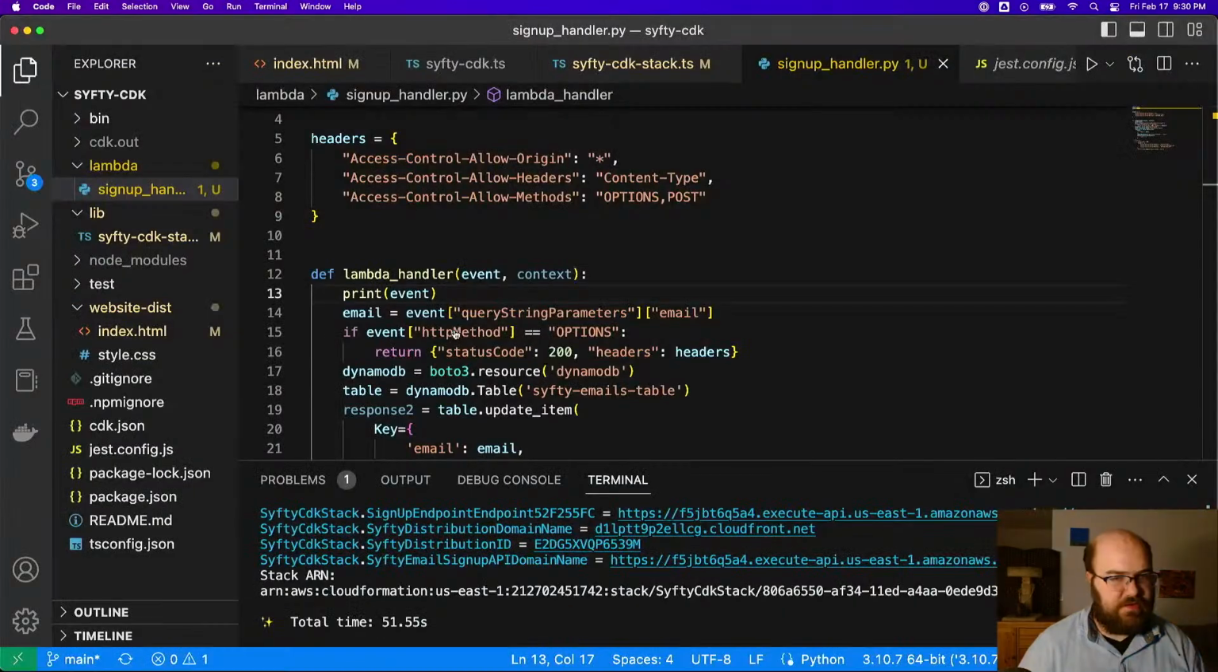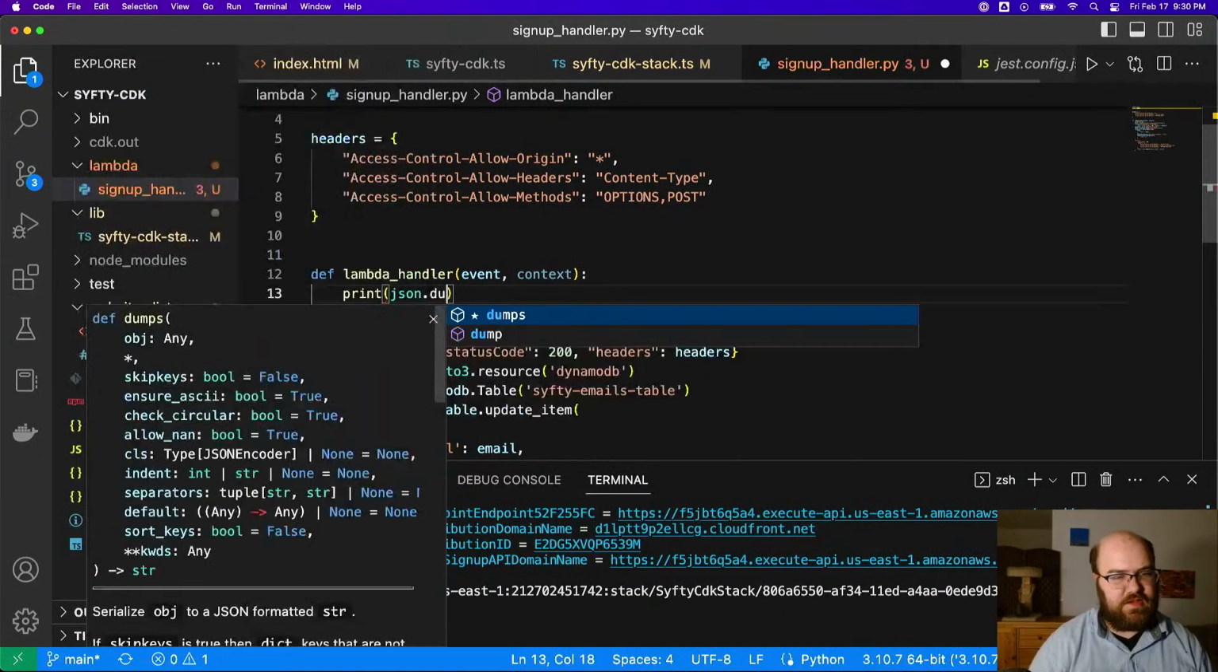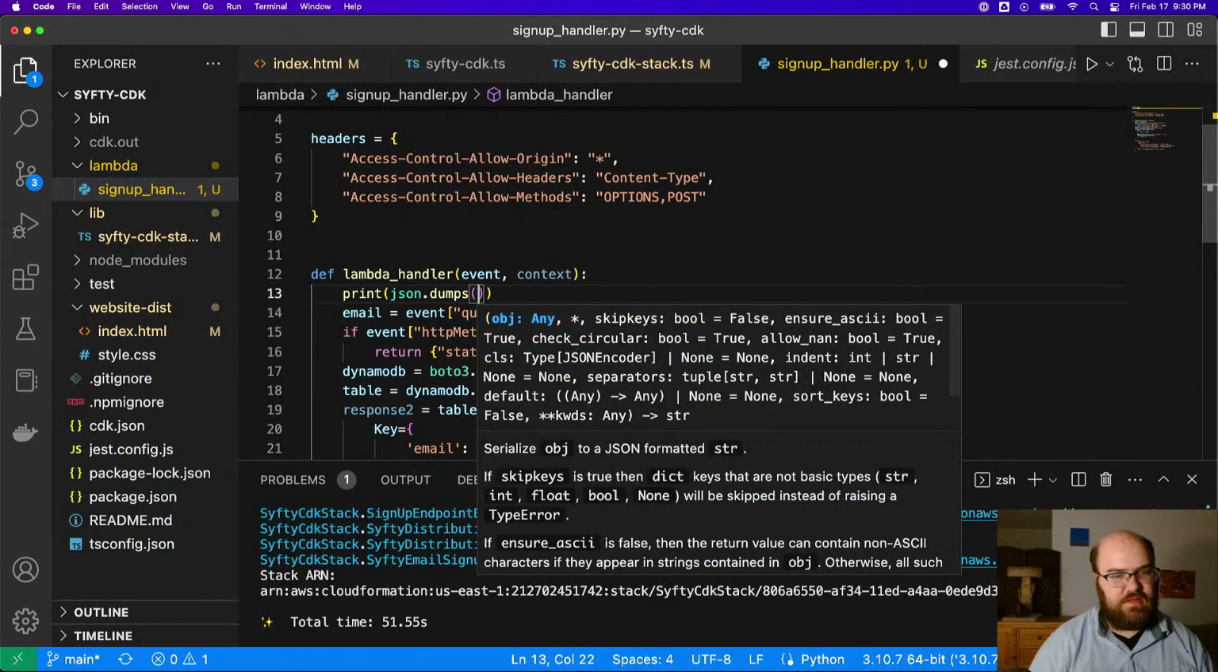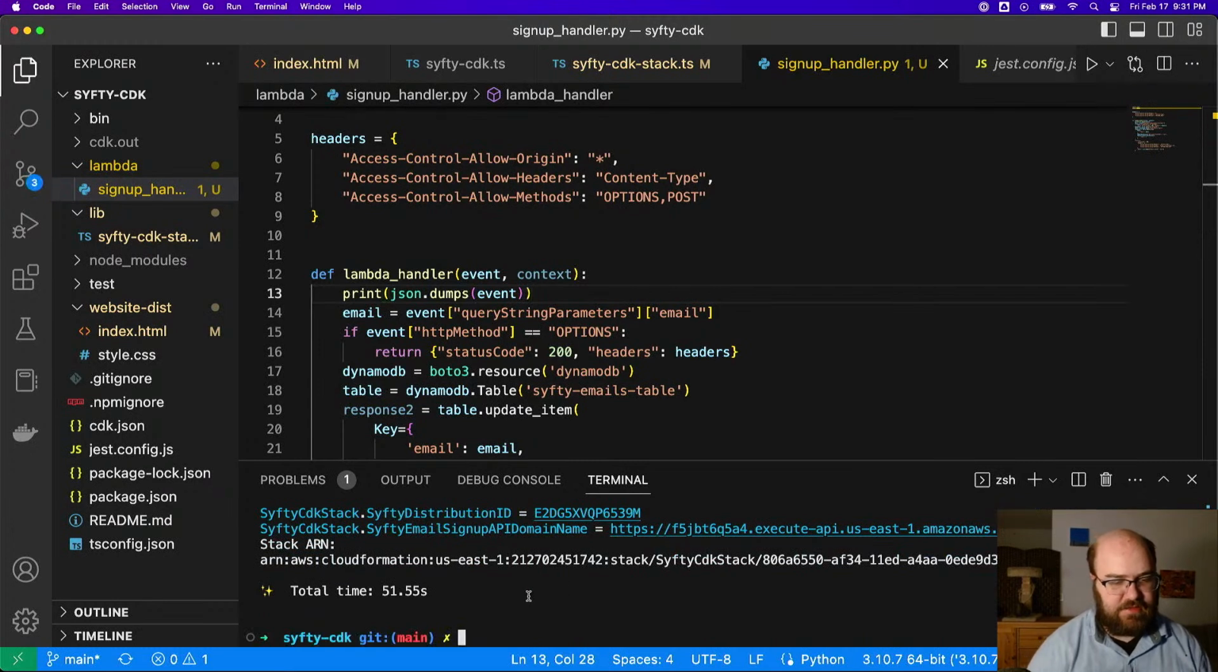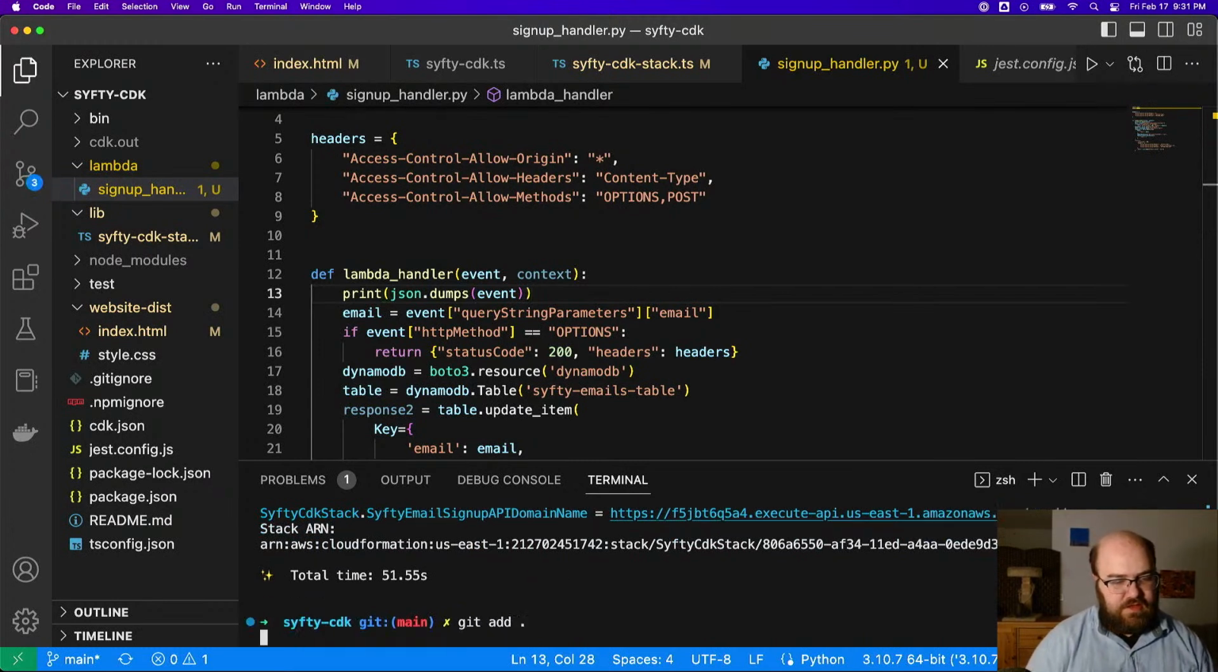Although, you know what I can do is print json.dumps event. Then it'll print it in JSON, because it was printing it in Python syntax. That's the problem. That's why it was doing single quotes. I don't know if I'm gonna actually deploy this now, but let's git commit -m